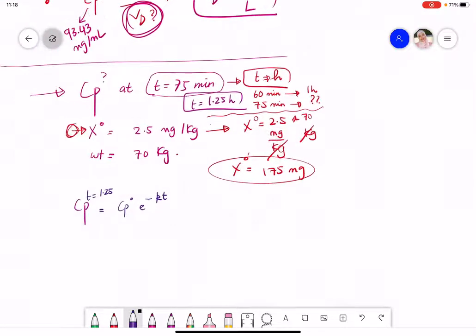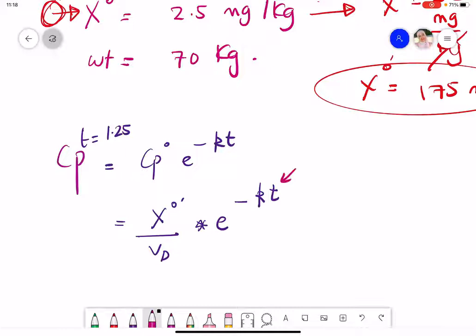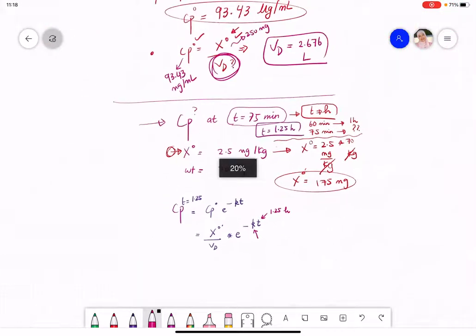Then CB naught would be a different CB naught because it equals X naught, the new one, over VD multiplied by the same K, and the time will be 1.25 hours. This is constant and it's not changing,